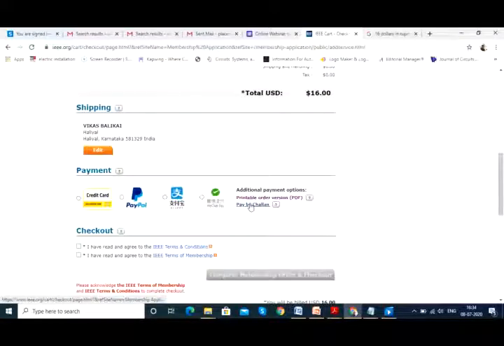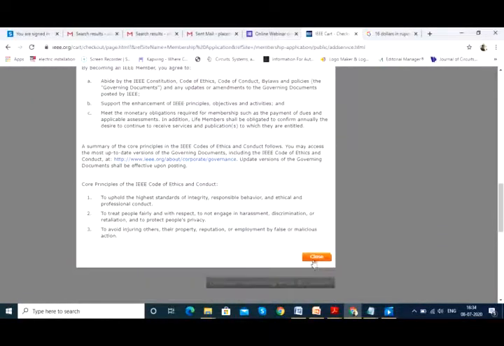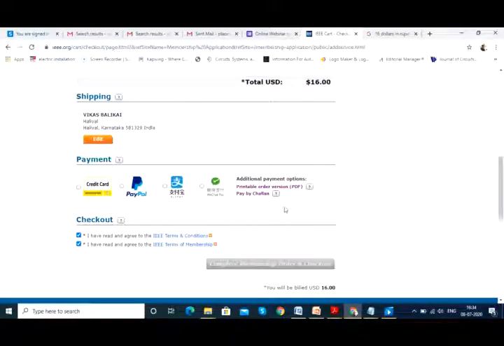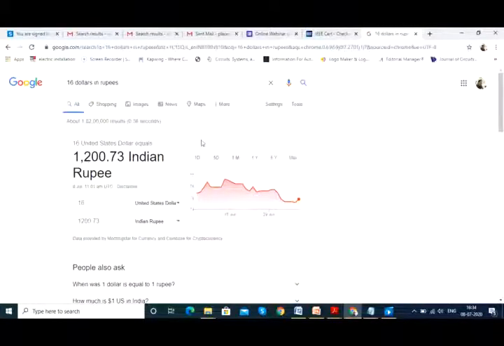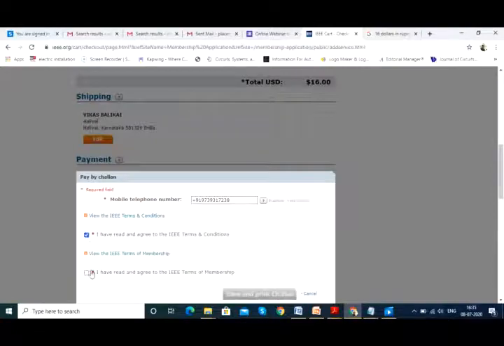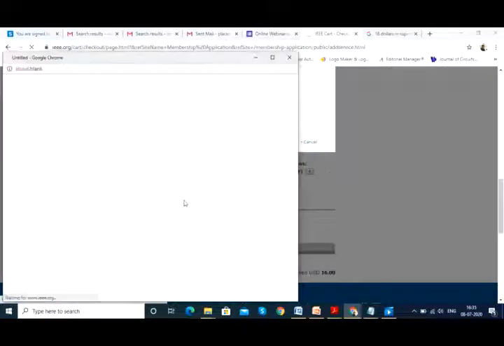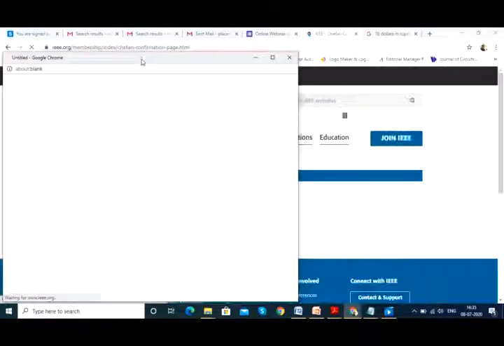But if I pay by Challan, so before that, actually speaking, these are the last steps that one has to do, but I'm just showing it now because I still need to add a few more free of cost memberships that are available. But I'll just show you the difference. If I do pay by Challan, it will generate a Challan. We have already seen the present dollar rate equivalent is 1200 rupees. But what will happen if I select pay by Challan? If I generate that Challan, you'll see here.